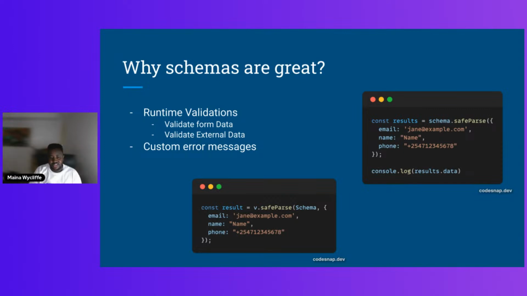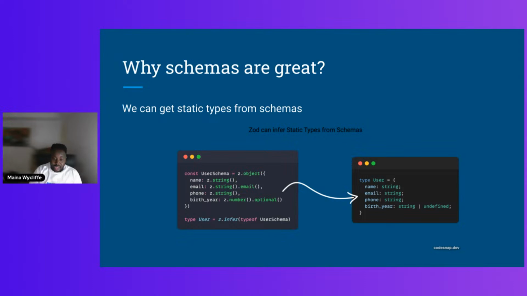We're able to check whether it conforms to that aspect of it, so that we're able to provide additional information like this is not a valid email address, this is not a valid phone number, and so on. This item does not meet the rules that we set for it. So we're able to do these checks and provide more information to the user, while having all of them in a central place. And this is the most important thing, why it's possible at the moment to use schemas as a single source of truth, and that is that